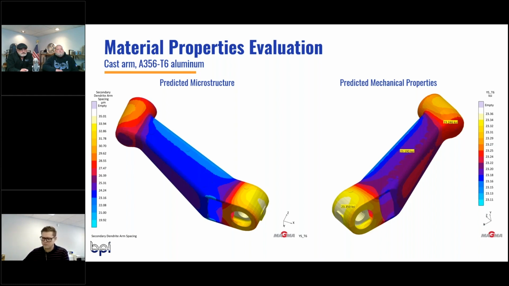And so it's very important, in safety critical components that undergo cyclic loading, to be able to understand the distribution of secondary dendrite arm spacing, which has been a standard in the automotive industry. On the right side, you see a plot of predicted mechanical yield strength in a standard T6 condition. So essentially, the casting has been through solidification and cooling, and then a standard T6 treatment. And you can see a variation in mechanical properties. Although the spread is not tremendously large, this serves as an illustration of the opportunity to understand what those differences may be, and then